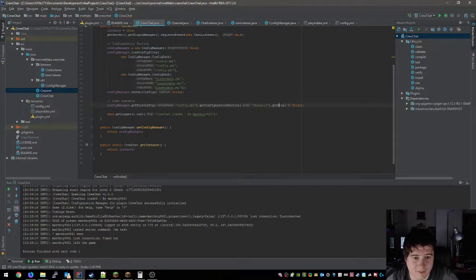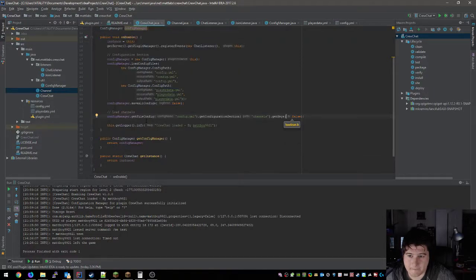What is get keys? It returns a set of type string. What we need to do is